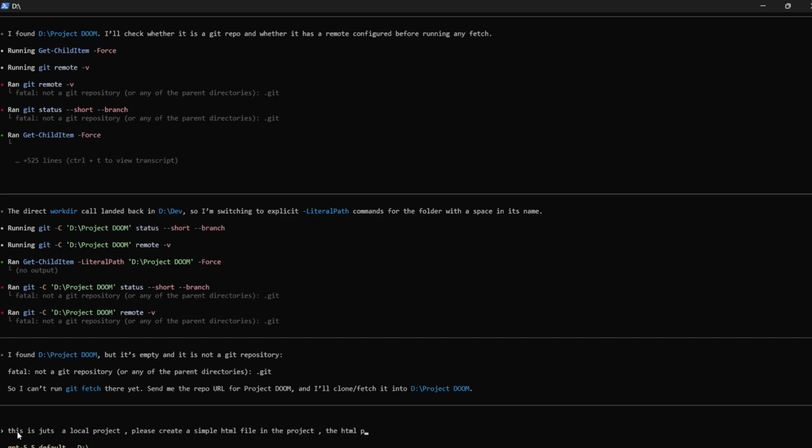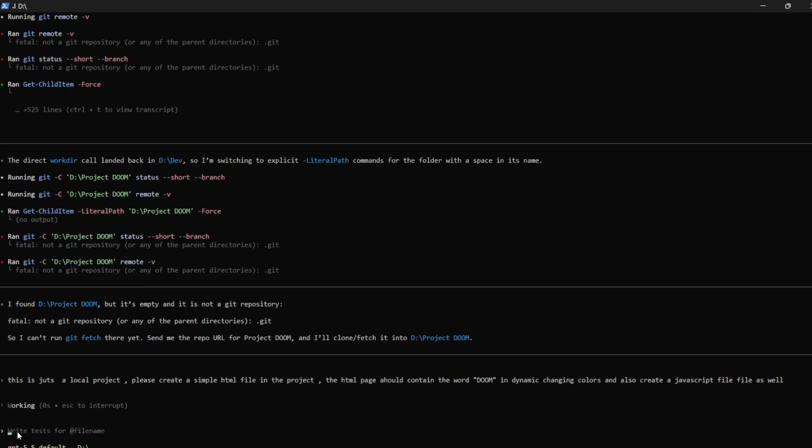The HTML page should contain the word doom and dynamically changing colors, and also create a JavaScript file as well. As you can see, we have typed in the prompt within this particular project, and